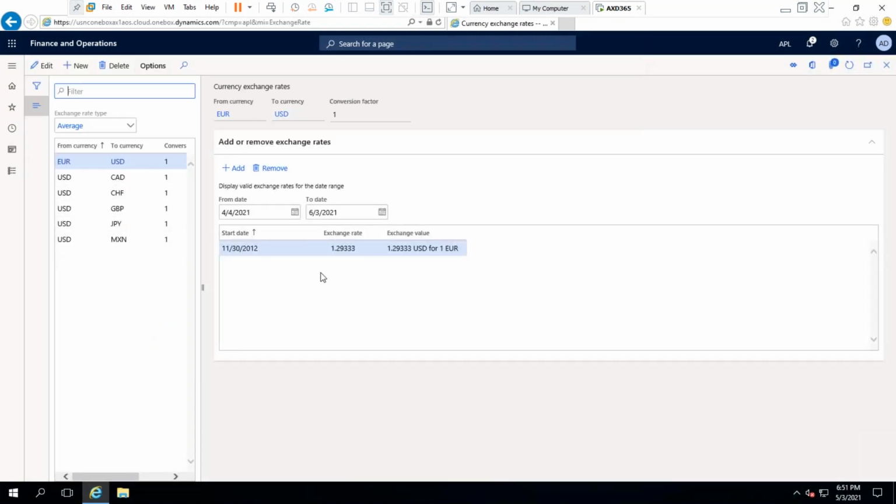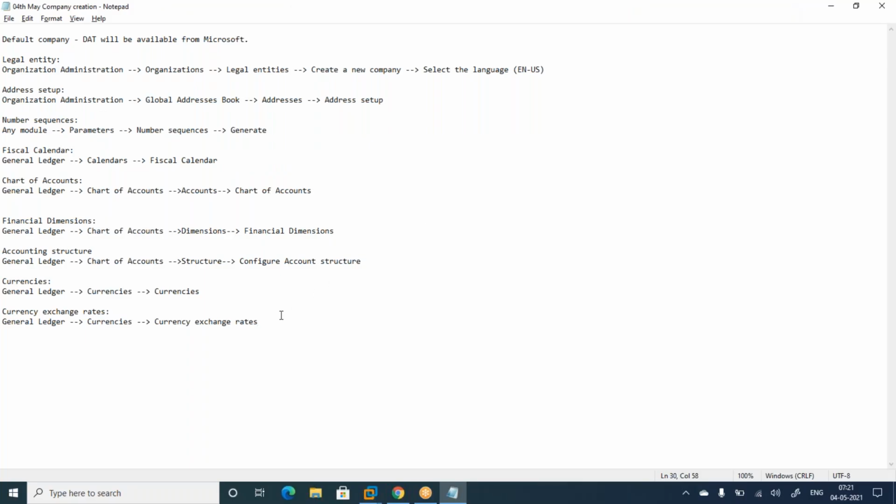The exchange rate. Okay. Next up is exchange rates. Currencies and exchange rates. Once it is configured,